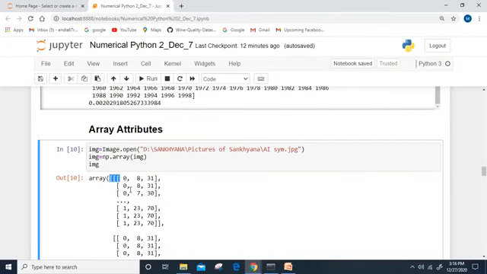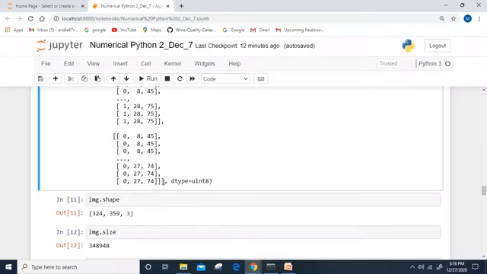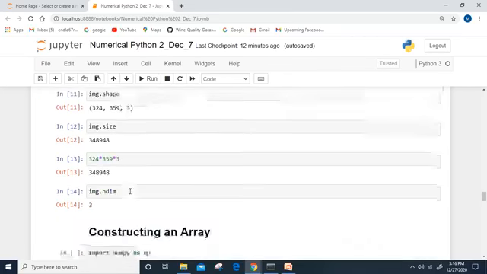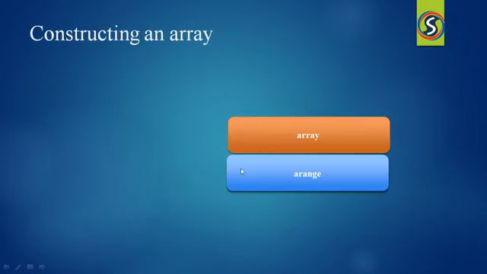Based on the number of square brackets at the beginning or the end of the array, we can tell how many dimensions it has. It has 3 dimensions, so we can tell it is a 3-dimensional array. Right. Now let me move forward.